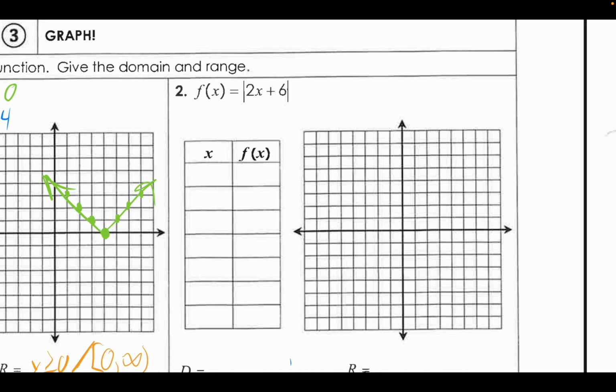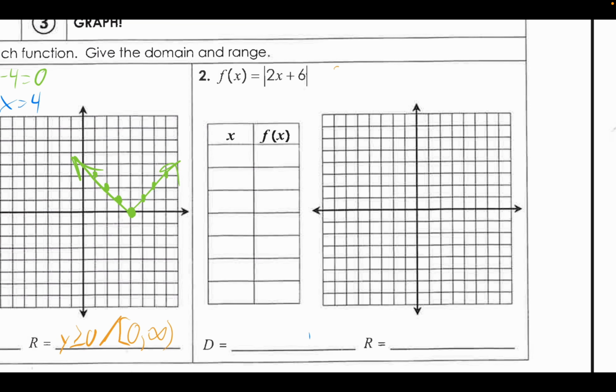On to the next one here, number 2. We have to set the inside of the absolute value bar equal to 0 in order to find where the vertex will be, or the x value of the vertex. So I subtract 6 and divide by 2, and I get x equal negative 3. So I'm going to put that value in the middle, and then decreasing values above, increasing values below. And as I plug these in to find out what I get, I'll get 6, 4, 2, 0, 2, 4,